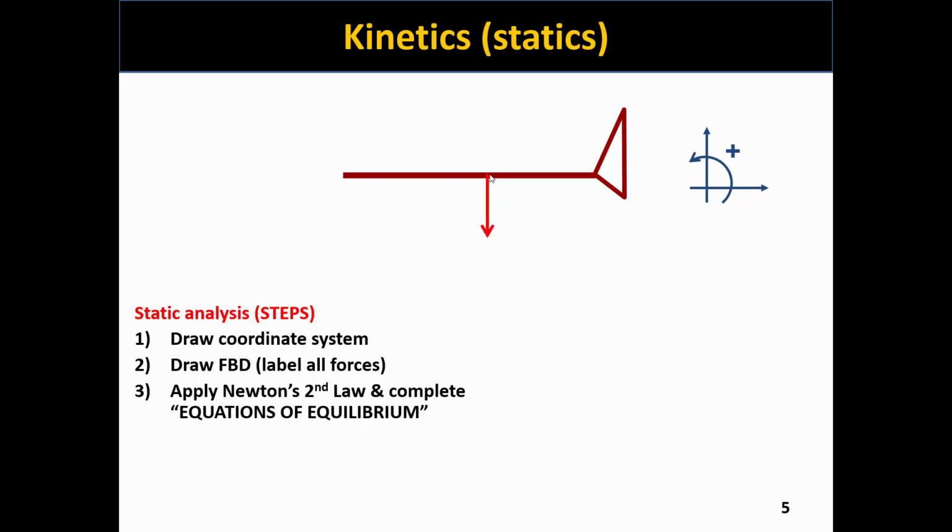We always typically draw the weight of the system, and that weight always has a point of application, is always centered through the center of mass, and is pointing vertically downward. And I'm going to label this with uppercase W for weight of the lower leg and the foot, and that's going to be equal to the mass of the lower leg and the foot times the acceleration due to gravity,